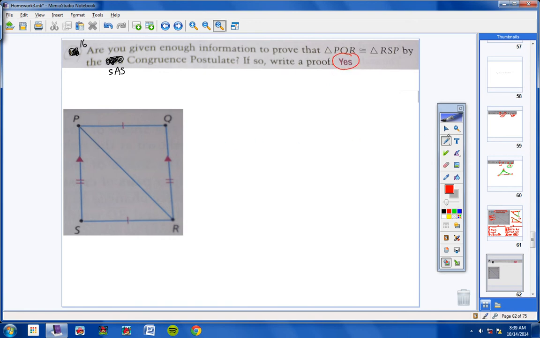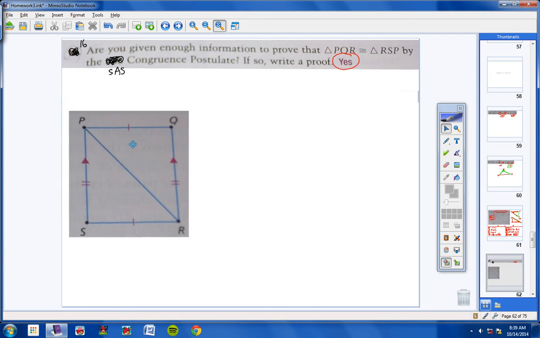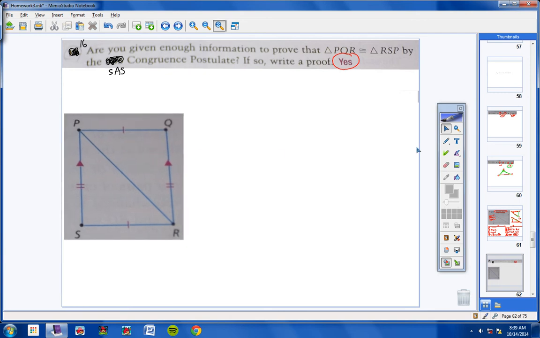The first thing I'm going to do is slide this over, or not. Let's see. I'm going to use side, angle, side here, okay? So with that in mind, let me quickly list out what I'm given here. You are given that what? PQ is congruent to SR, and you are given that PS is congruent to,